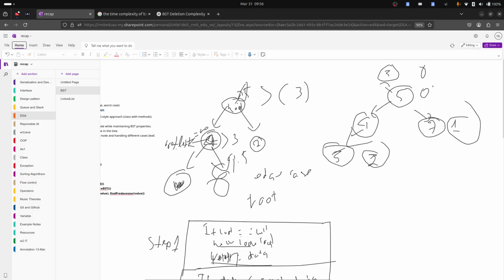So for the breadth first traversal, it's going to print 5 first, and then it's going to print the level of 4, 7, 3,